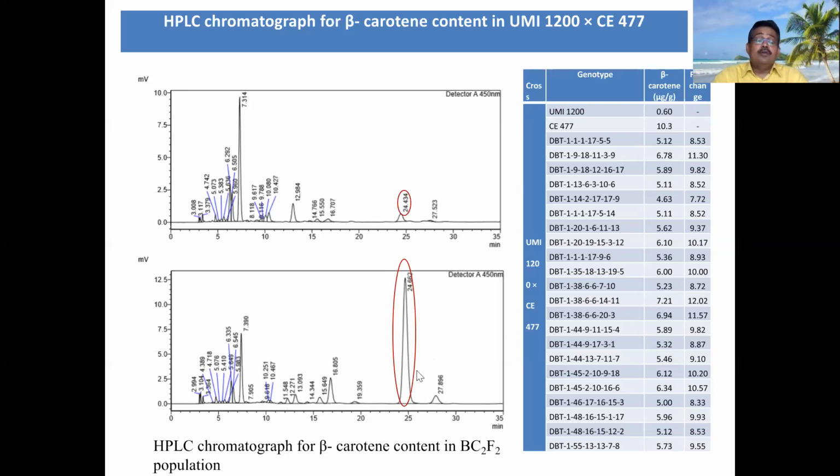It is around 10 ppm you get in the progenies. So what is our ultimate aim? Originally the donor had 10 ppm, and now you derived some progenies by backcross. We introduce the gene into that, and the background also looks like the recurrent parent. So when you check finally with HPLC, it shows that it has a high beta carotene. By that your marker-assisted backcross breeding work is over.